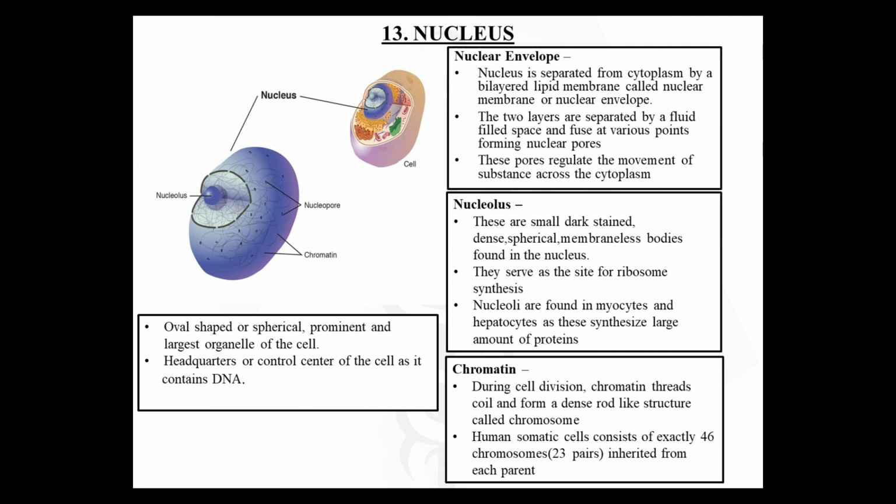Each chromosome is a long, highly coiled and folded molecule of DNA that is combined with several protein molecules. Human somatic cells consist of exactly 46 chromosomes, that is 23 pairs, inherited from each parent. The genetic material or the hereditary units called genes are arranged along these chromosomes that control cellular structure and direct